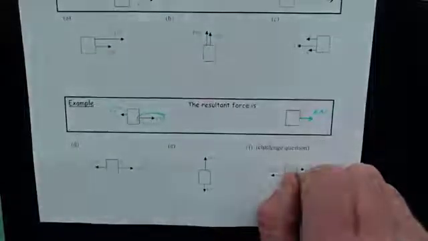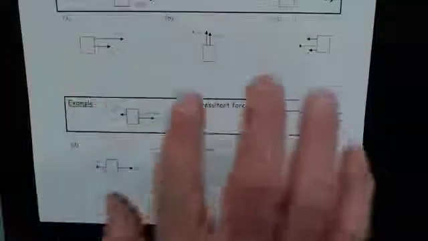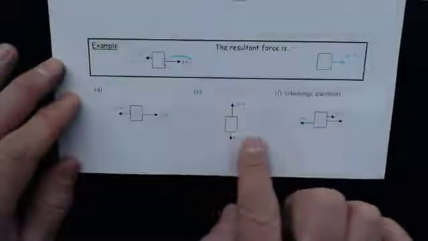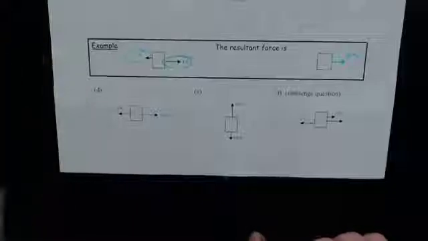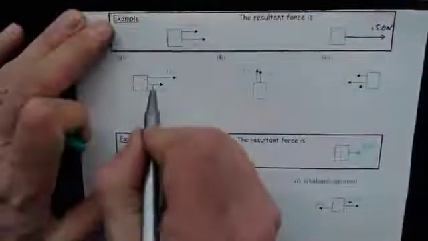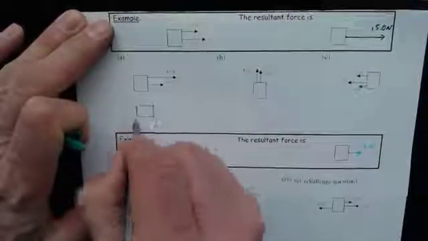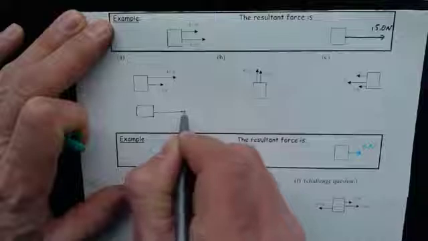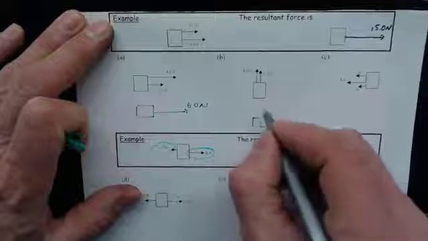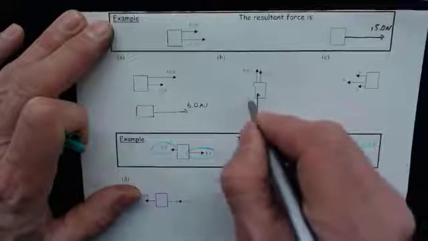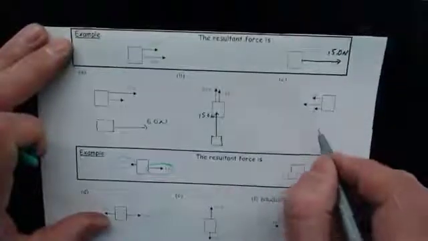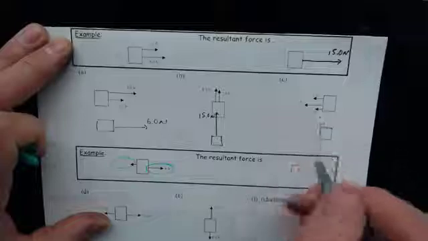Nice car, huh? Okay, so you should see that if they're in the same direction, you're going to add them. If they're in opposite directions, you're going to subtract them. Okay, so let's look at this. In this case, we would have 4 plus 2. We redraw the box, and it would add up to 6.0 newtons. This, redraw the box, and it would be pretty long. I'm overlapping, but it would be about 15.0 newtons. And so on. I have 3 in this case. Well, 2 plus 4 plus 1,